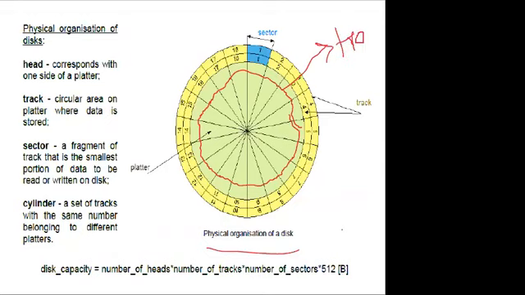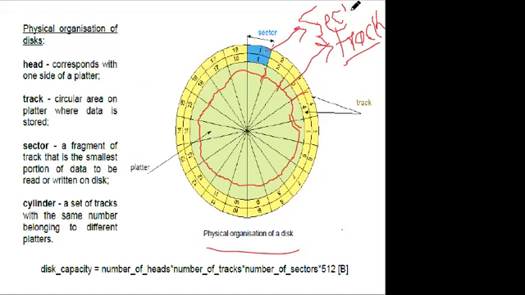So it has a number of tracks and sectors to identify, to address, to pinpoint a certain location in the memory. So it is divided into tracks, and the address will specify the track number. Then that track has been further distributed into parts. These parts are known as sectors.